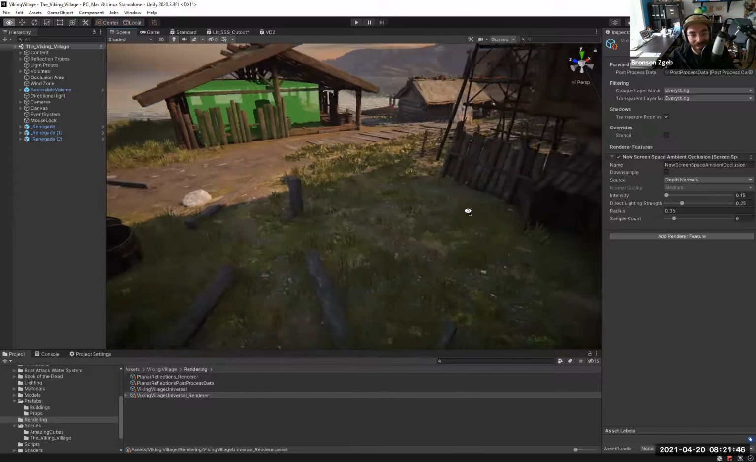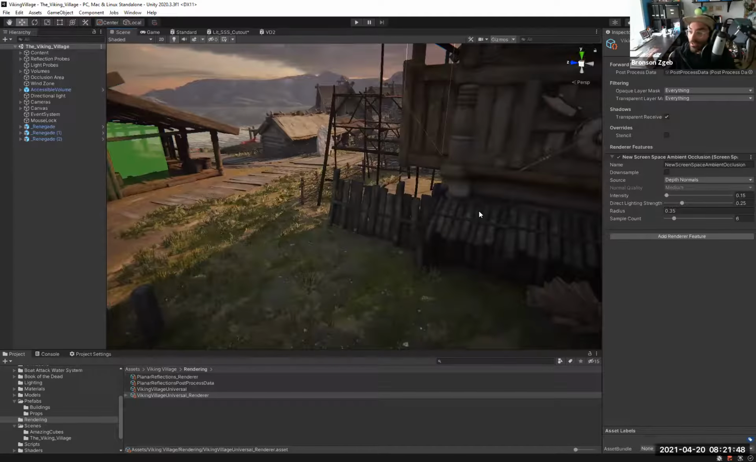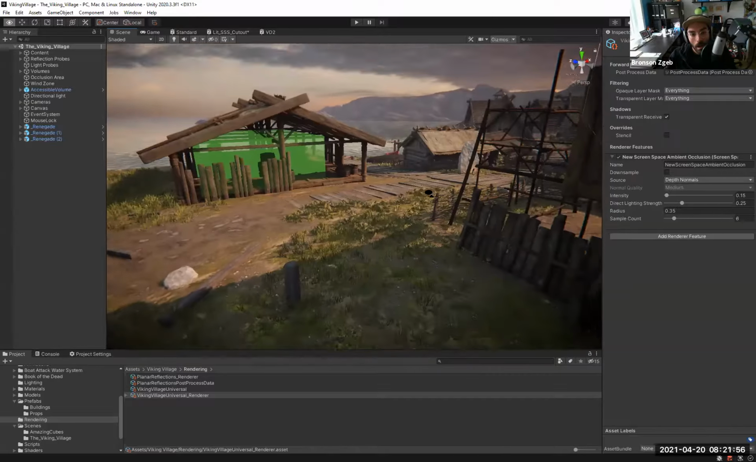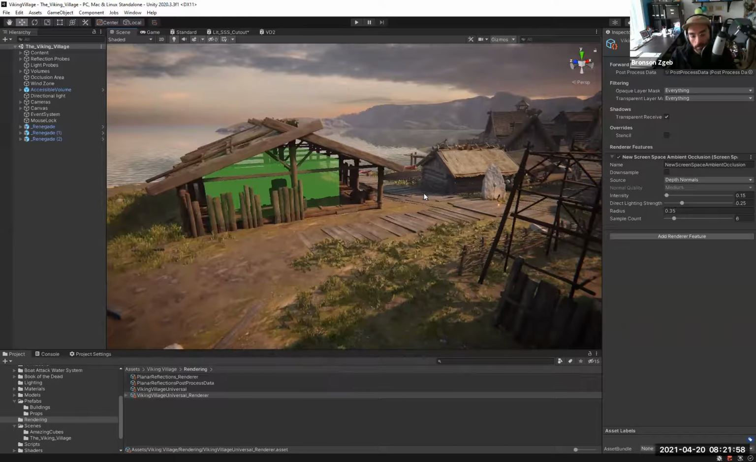Let's put it there. That looks good. Cool. So now the next feature that I want to show off in URP is they've added clear coat to the standard shader. So what clear coat is, basically in real life, when you paint a car or other vehicles,